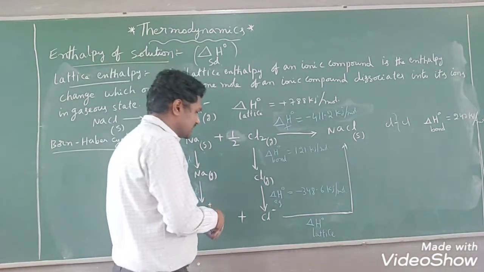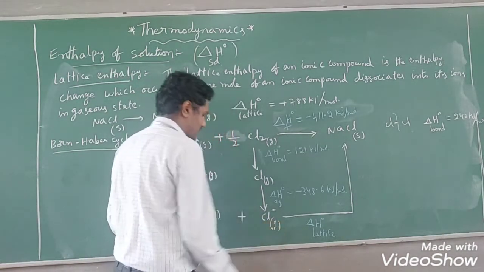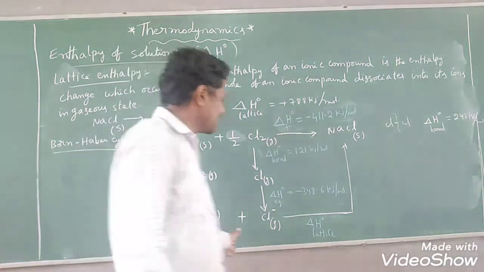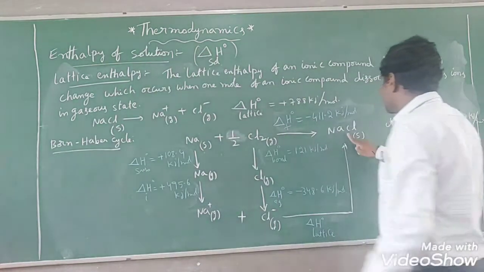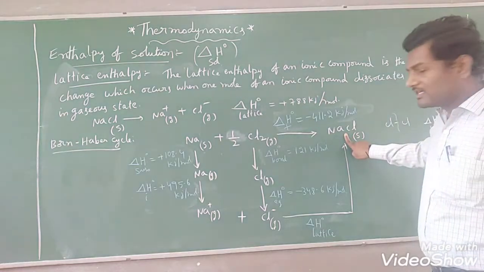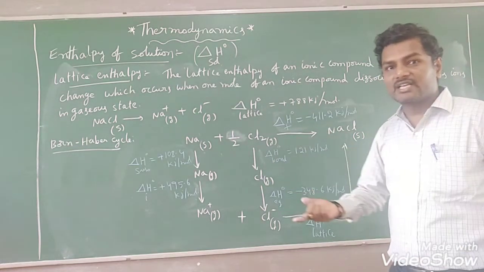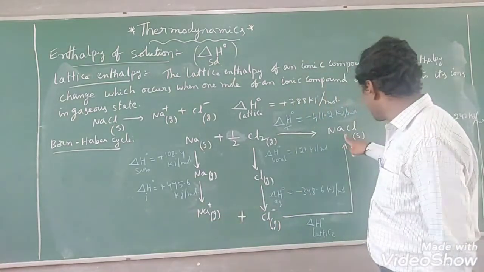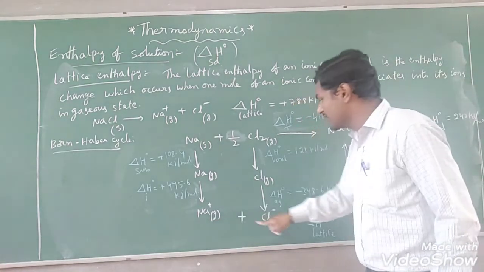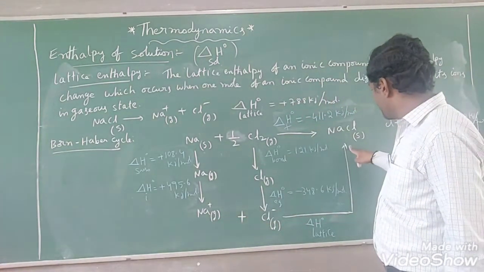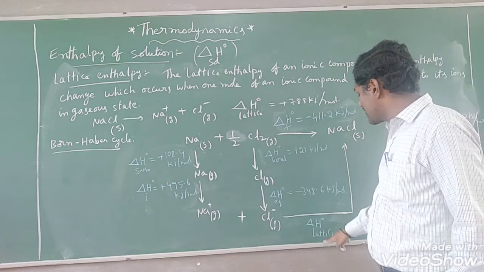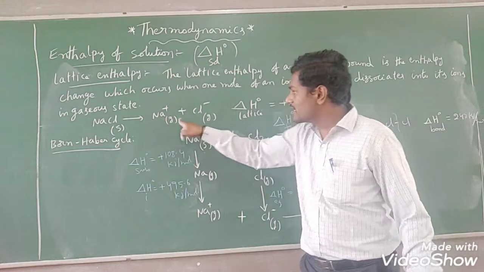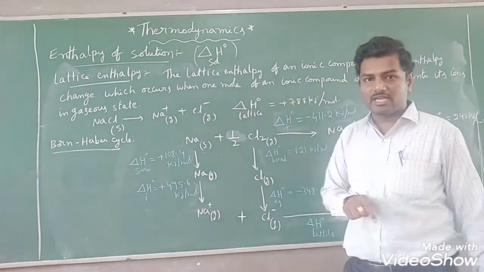Now this is available in the form of gaseous state. Yes. This Na plus ion and Cl minus ion will combine and produce what? NaCl crystal, right? So the amount of energy is released when the crystal lattice is formed from its constituent ions, right? Amount of energy is released here. Delta H0 lattice value we get in the negative sign. Here formation, this is the reverse reaction, that's why we have got positive sign, right?